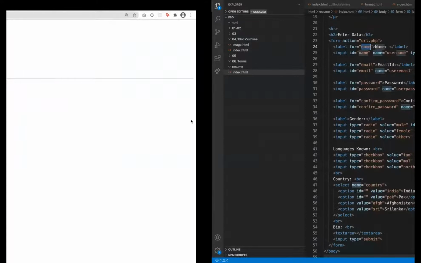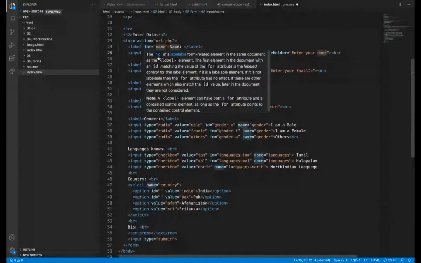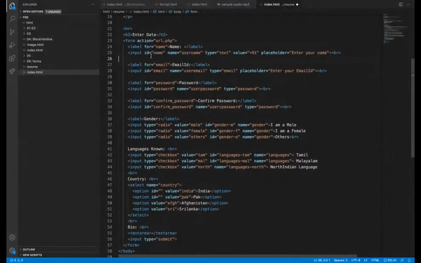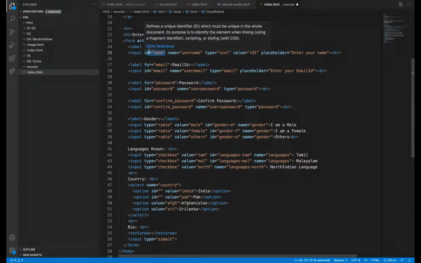ID we are using mainly should be unique, and it will be used for some other purposes also when we learn JavaScript, and also we need to connect this and this. For that we are using for and ID.